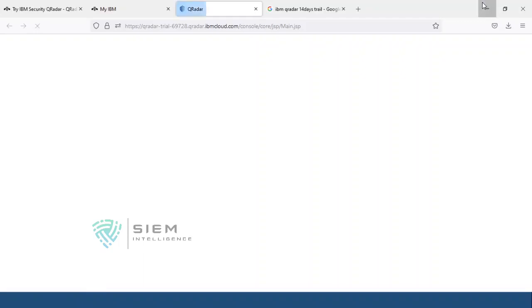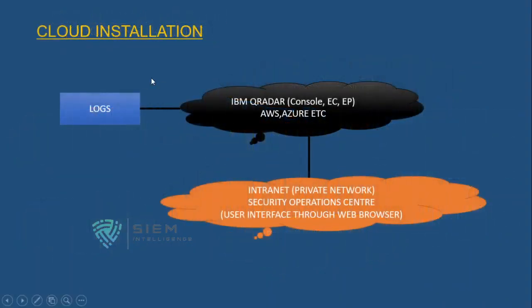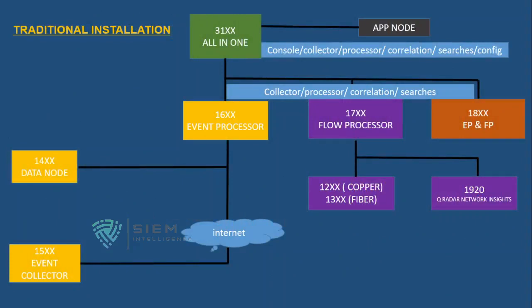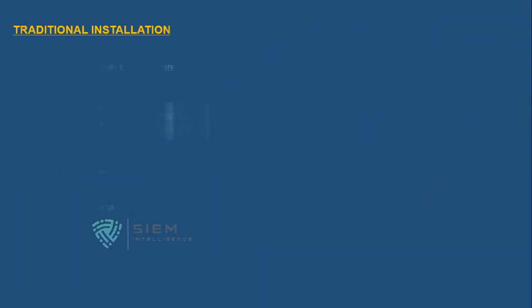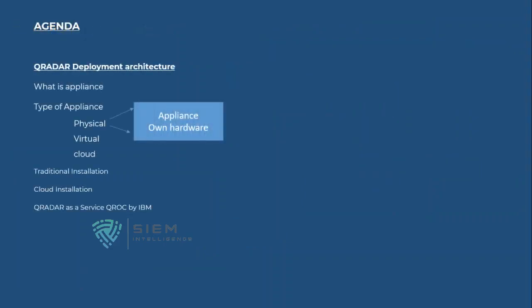At the same time, this is the architecture. QRadar architecture shows how you can install it and what the components are that you install. These are the hardware-based components, or you can say services. You can install physical, virtual, or cloud. In physical, IBM itself provides an appliance, or else you can install on your own hardware. There is also an option called virtual. Again, they provide both a virtual appliance as well as for your own hardware, where you take only the file from them and install it on your own hardware.